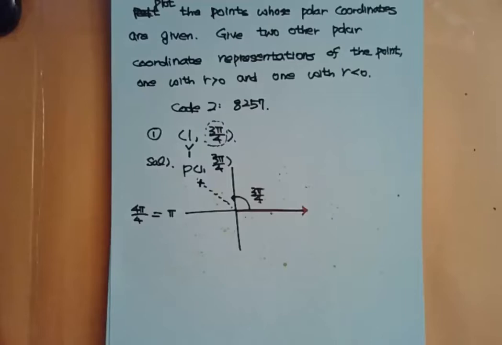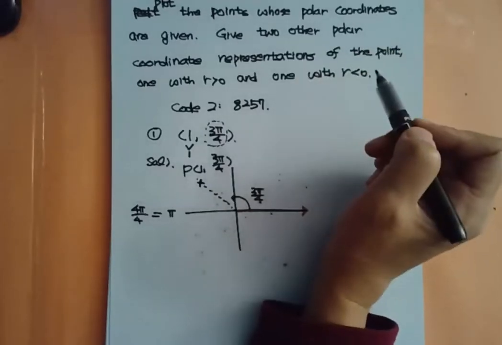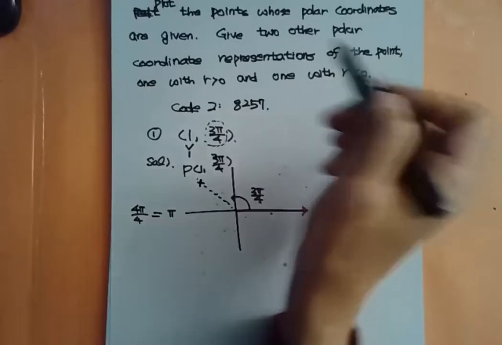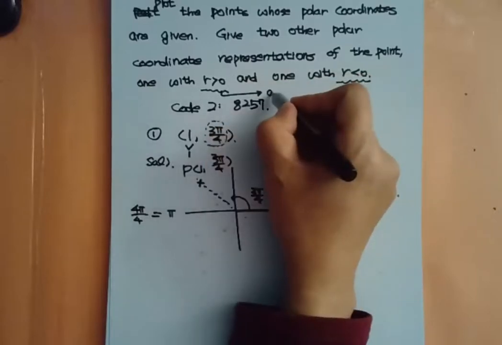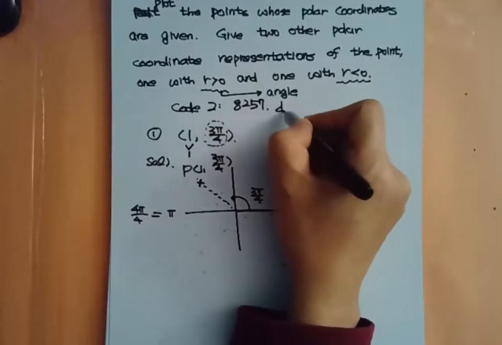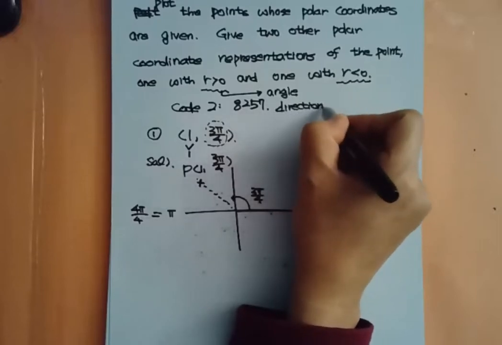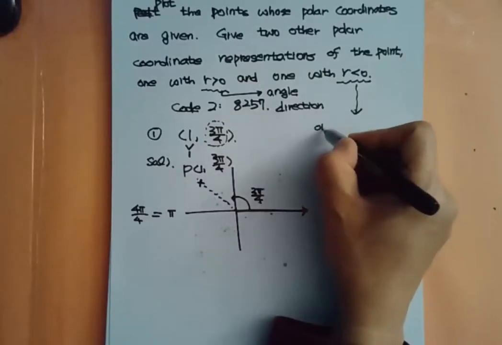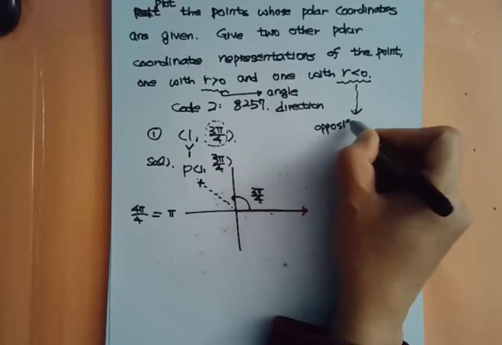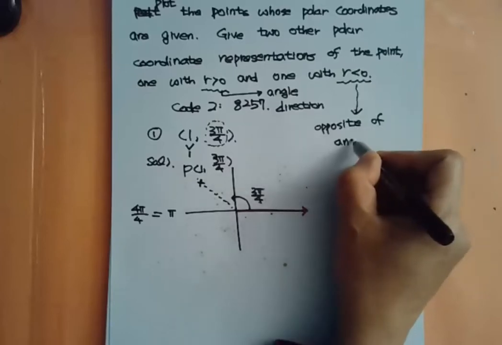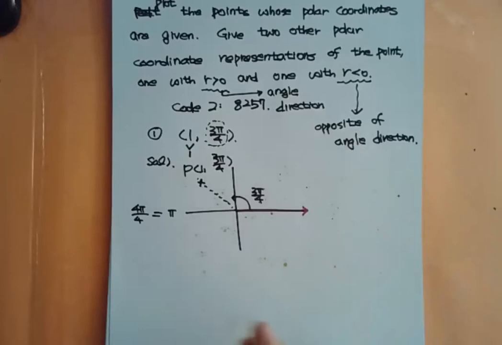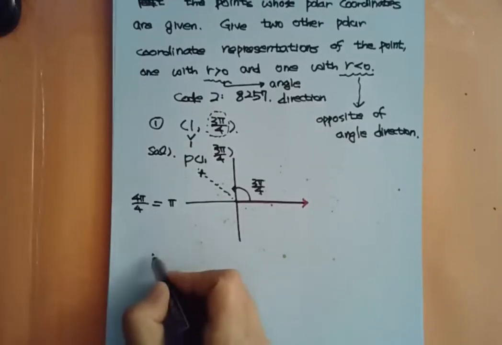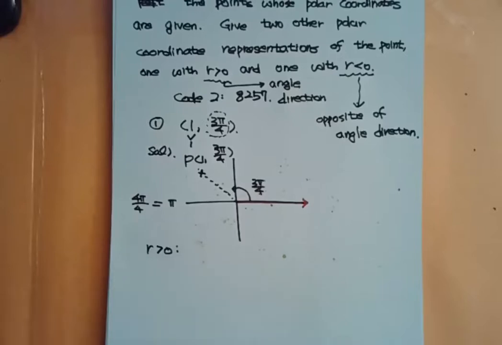So what they're asking us is to think about other representations with r positive and r negative. r positive means the angle's direction, and r negative means the opposite of the angle's direction. So if r is positive,